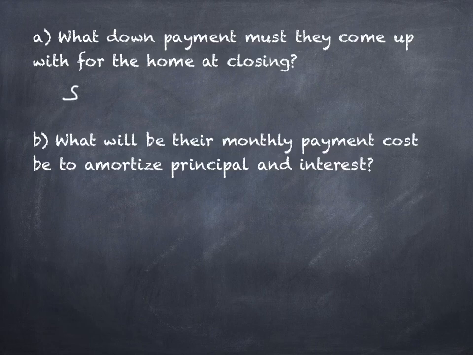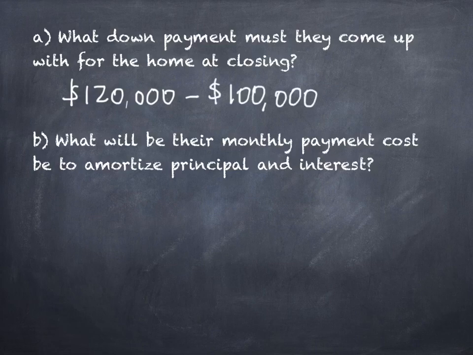Right. So the house costs $120,000, right? And the lending institution is only willing to let them borrow $100,000. Perhaps that's because of what their salaries are, or maybe how long they've been at their job. Perhaps that is because of where the house is located, or maybe even the value of the home. The value of the home is not worth enough, but somebody's charging more than it's worth, and they still want to buy it for that. They may have to come up with a difference in order to make that possible. Okay, some housing markets are like that, not most.